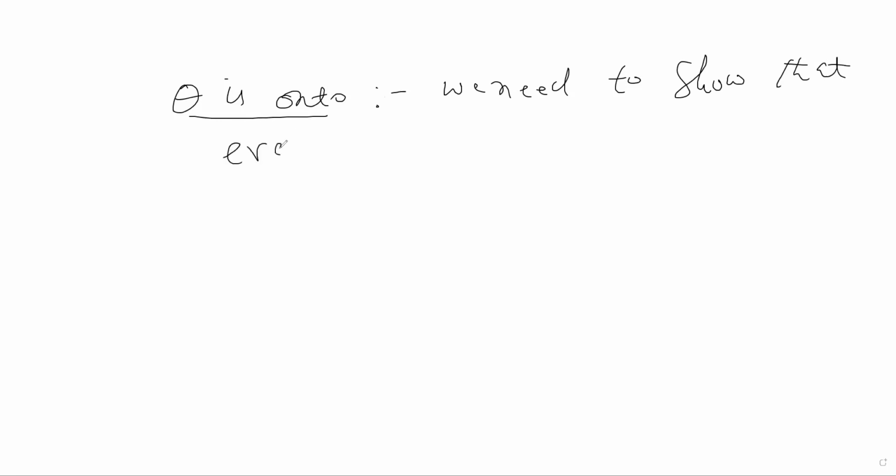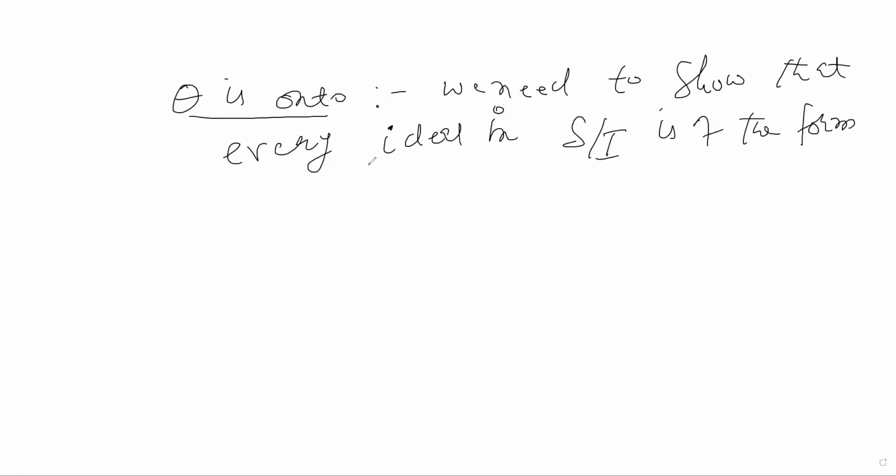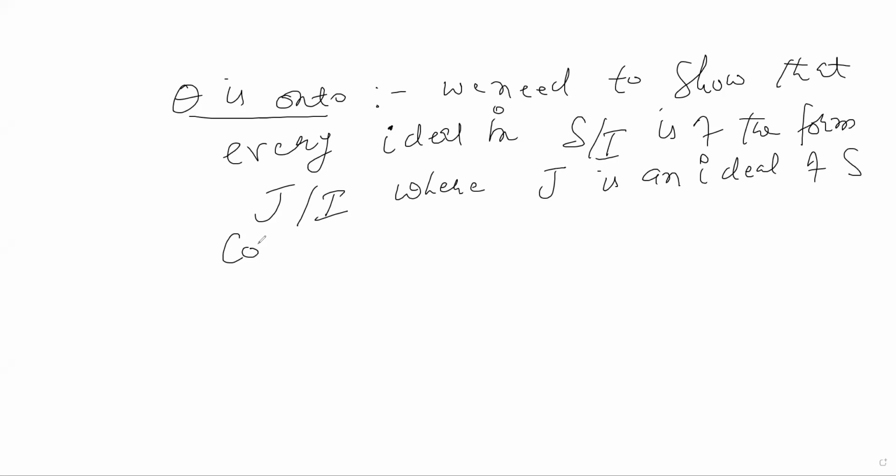Every ideal in S over I is of the form J over I, where J is an ideal of S containing I,